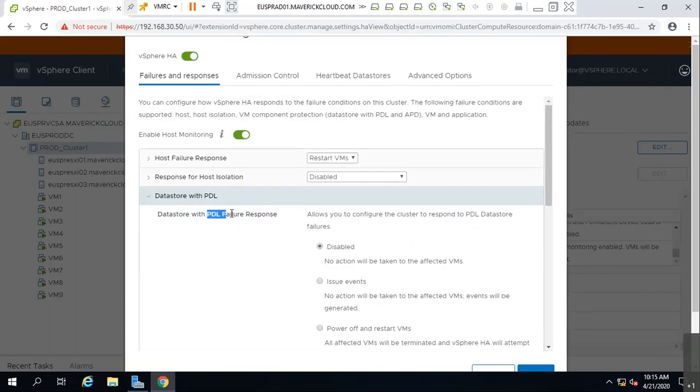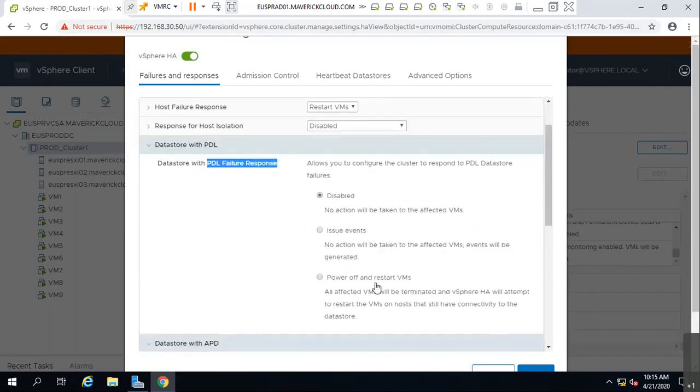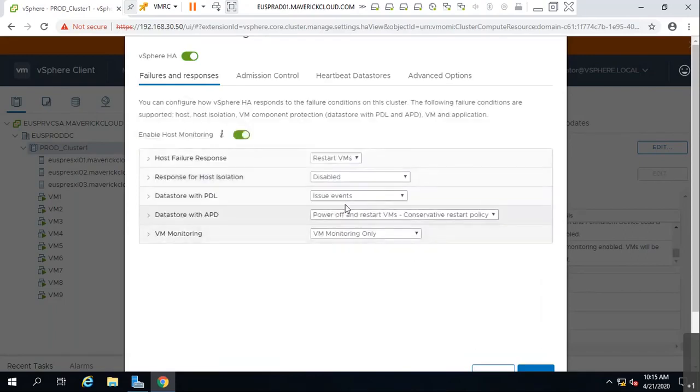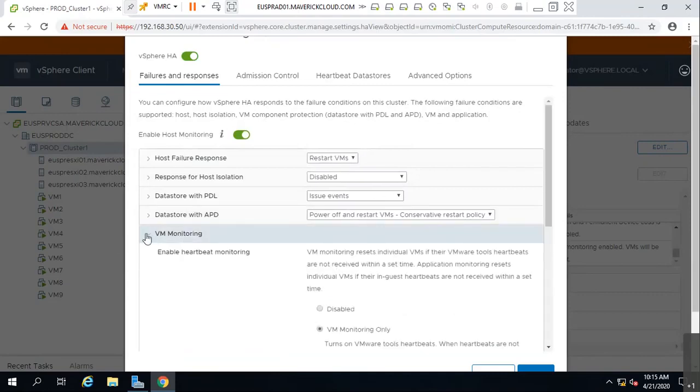Datastore with PDL failure response, issue events. Okay, if something goes wrong on the datastore and HA is still monitoring those datastores via the FDM agent, these are the few options you can control, as they were introduced in 6.7. VM monitoring, as I said, uses VMware Tools, right?